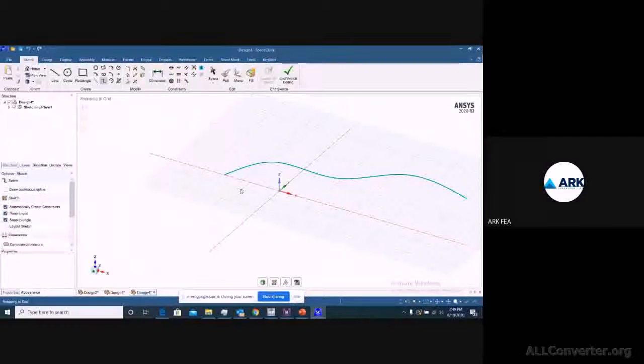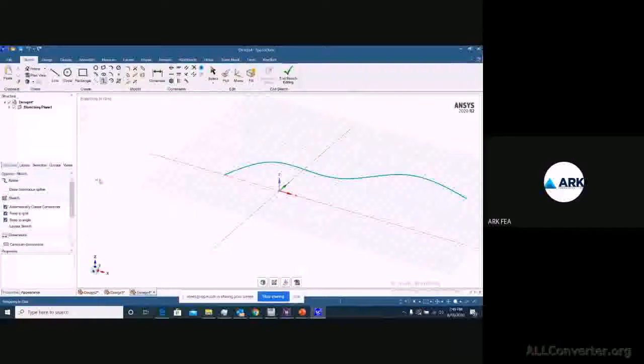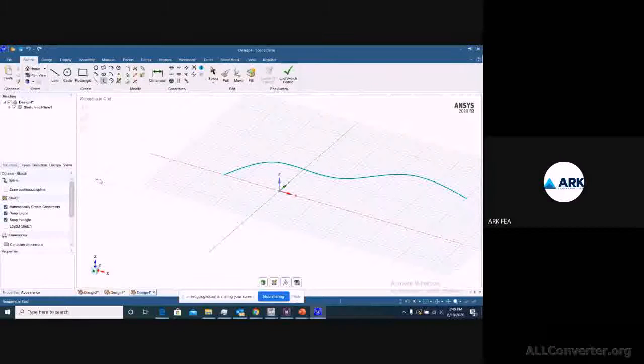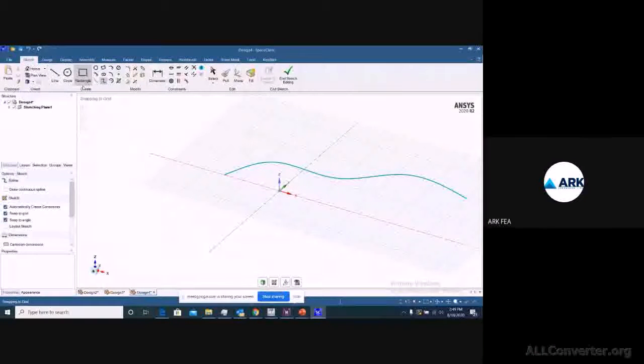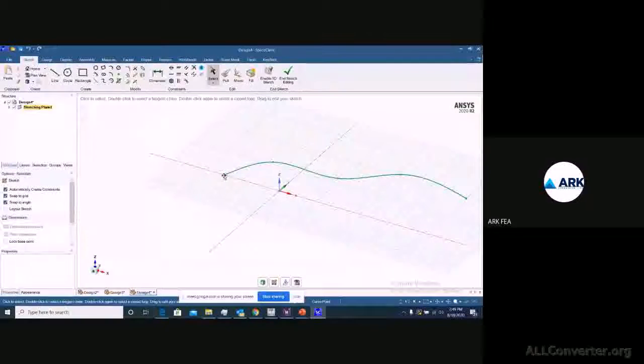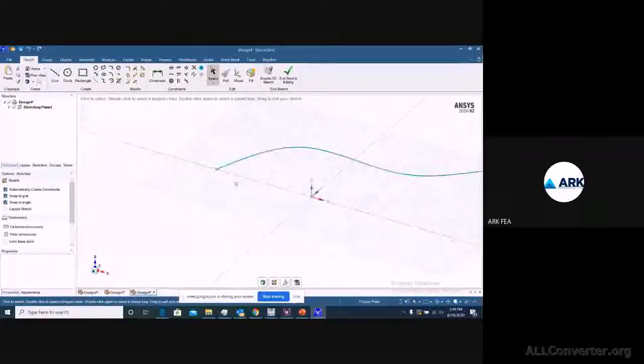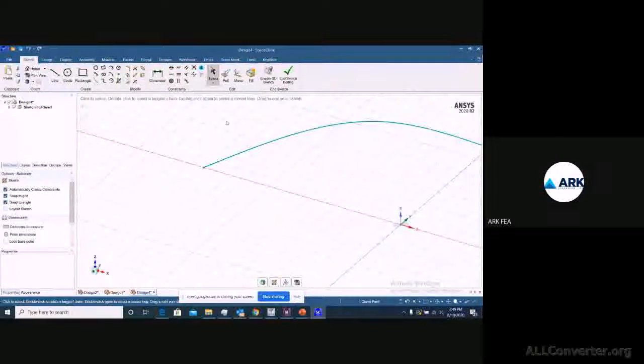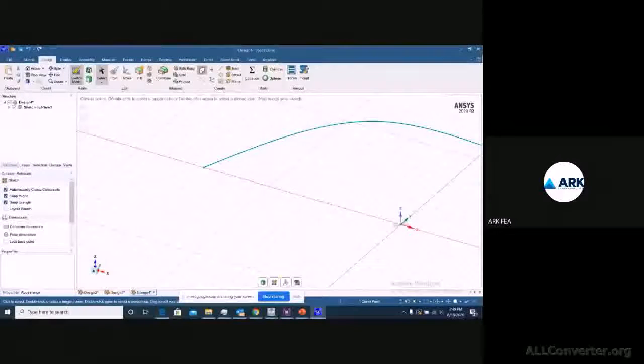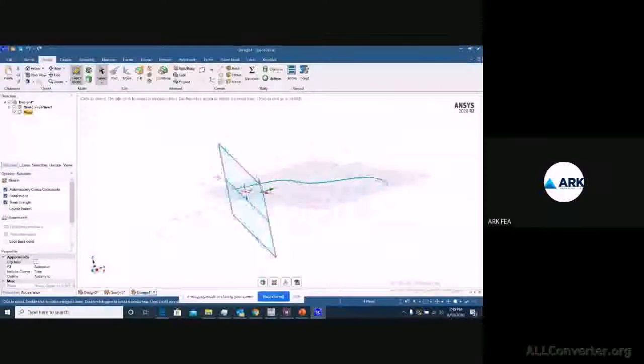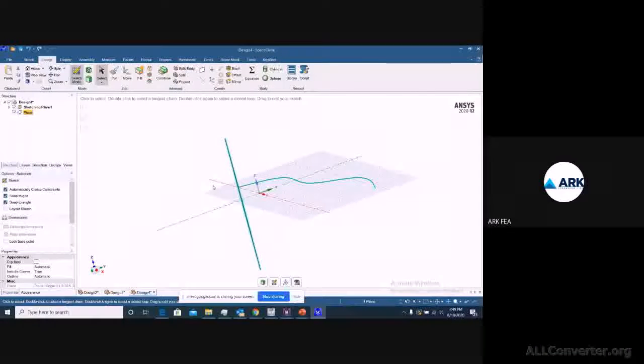So we have created a path where we want the sweep, then we need a profile. In case of a sweep body we need a profile. For that we'll select this point, and you can have a plane there. So at this point you have got a plane.